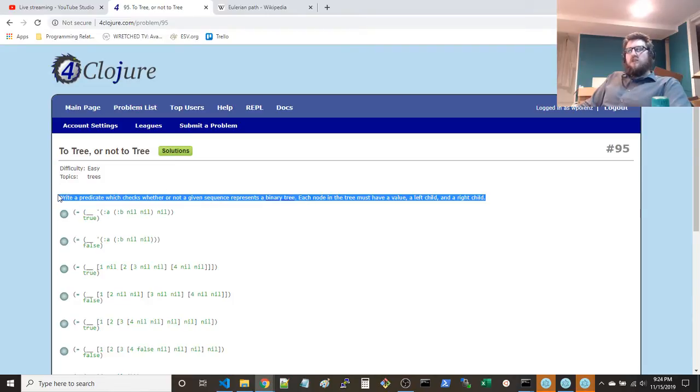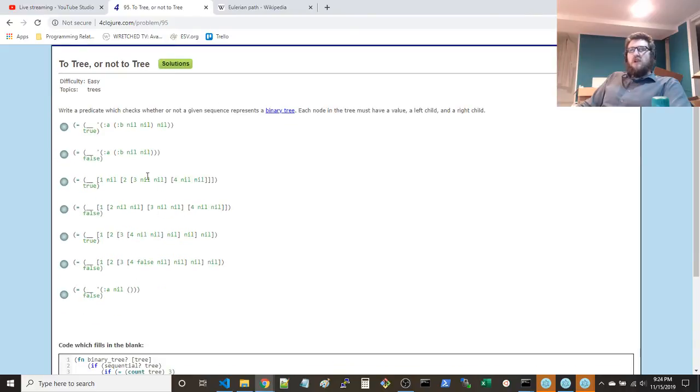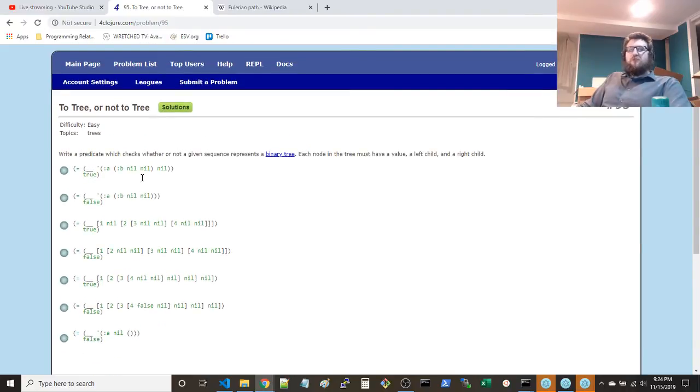They didn't really explain that here, but if you look at the test cases, what passes and what fails, that's basically what it means. Nil represents an empty tree. It's the terminating value for the left or right tree, so it's either another tree or it's nil.